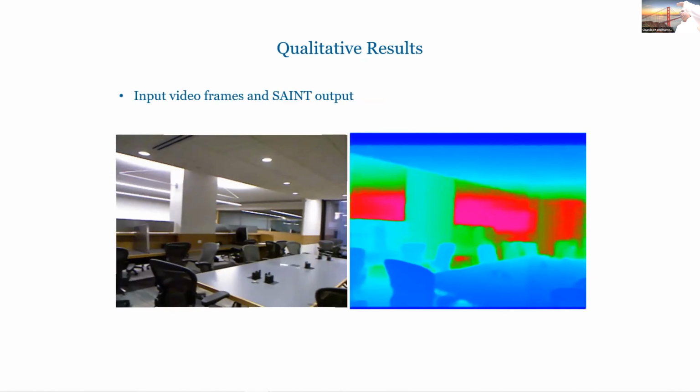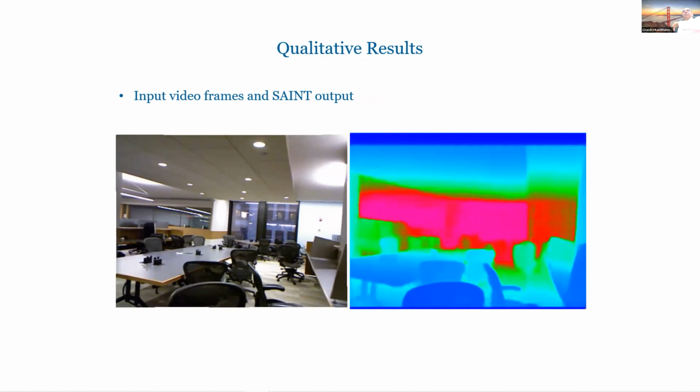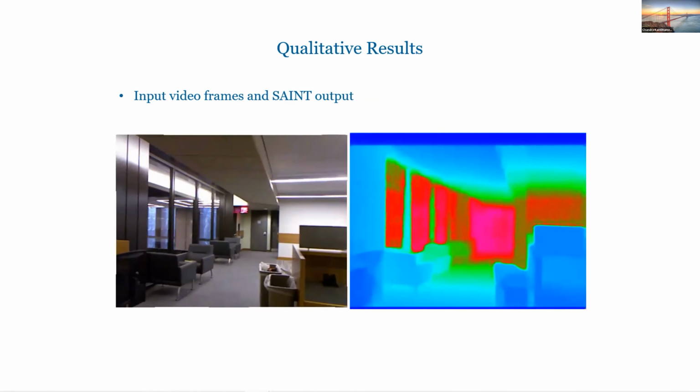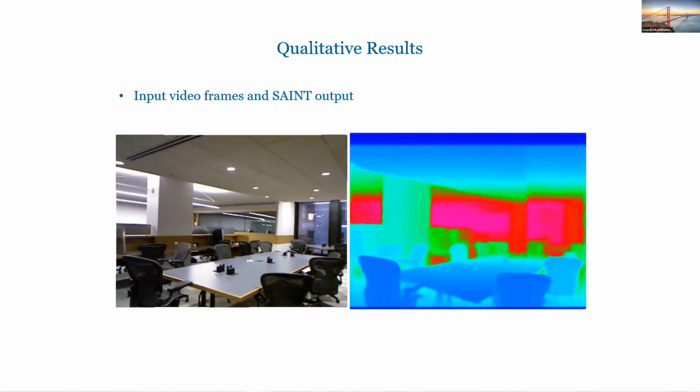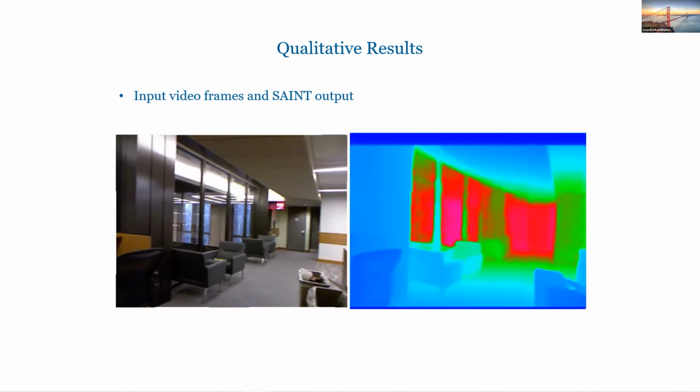You get the input on the left, output on the right. Okay. So the right side, it looks like a thermal image. Yeah, I know it does, but that's basically colors representing the depth. The depth, okay. So how do you understand it?